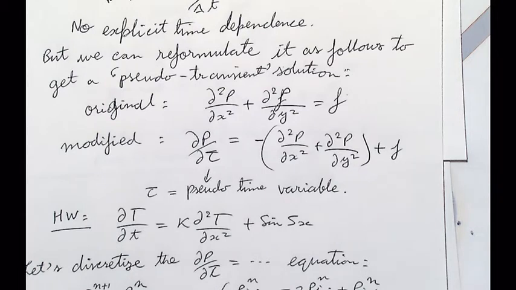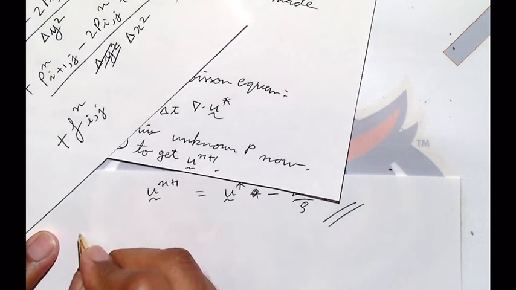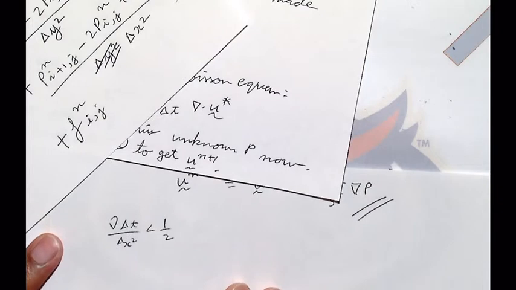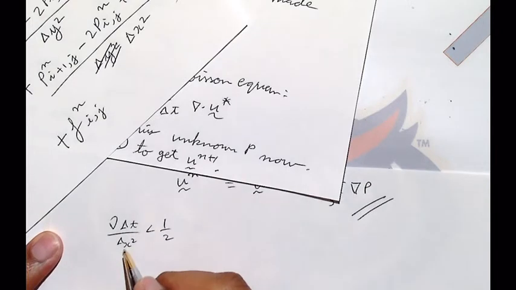Let me see. The stability condition, what was the stability condition for diffusion? It was, let's see, nu, but there's no nu now, right? So let's see, for diffusion it was nu delta t over delta x squared should be less than 1/2 in 1D, right? But this you already have to follow because of the diffusion. So yeah, there's no issue.